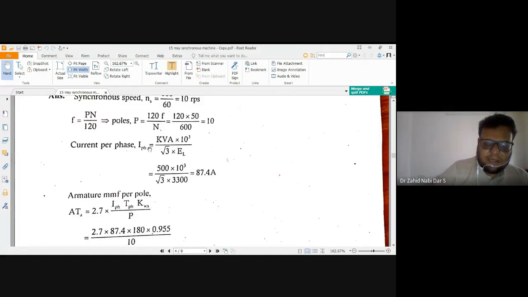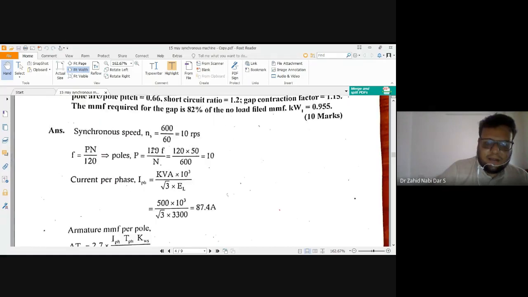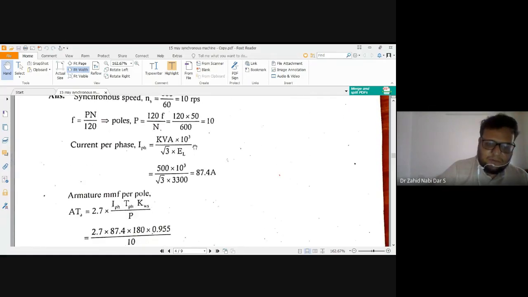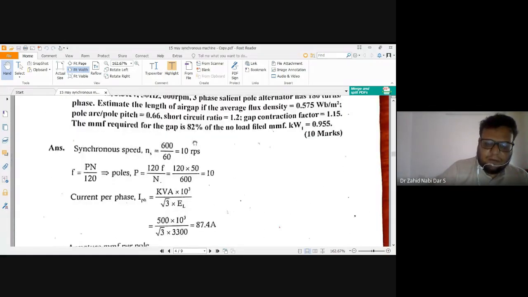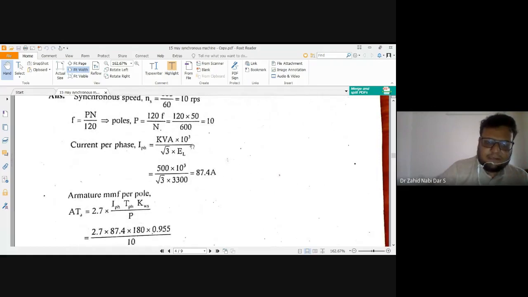Here a power factor is assumed 1. Whenever there is no power factor mentioned, assume it as 1. Whenever it is not mentioned that it's delta, assume it's star, divide by root 3. If it is delta, no need to divide by root 3. If it is mentioned categorically that it is delta connected, then your V phase would be equal to your V line. If it is not mentioned, you have to see.